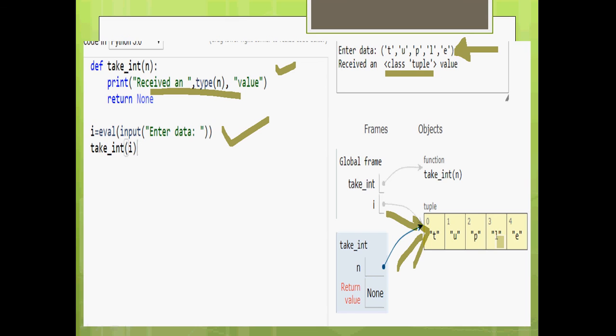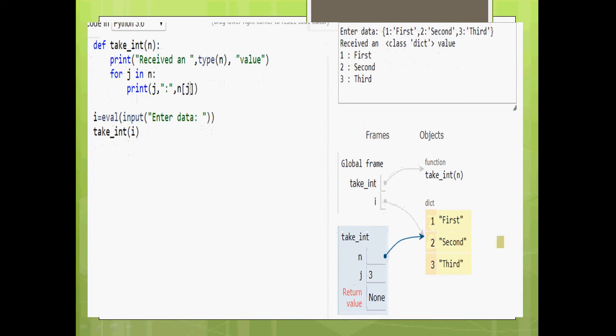So the tuple is received by the function now. I made a small change in this program just to explain how you can manipulate data within the function and how the thing can be changed. Not a change, just print whatever is received by the function inside the function.